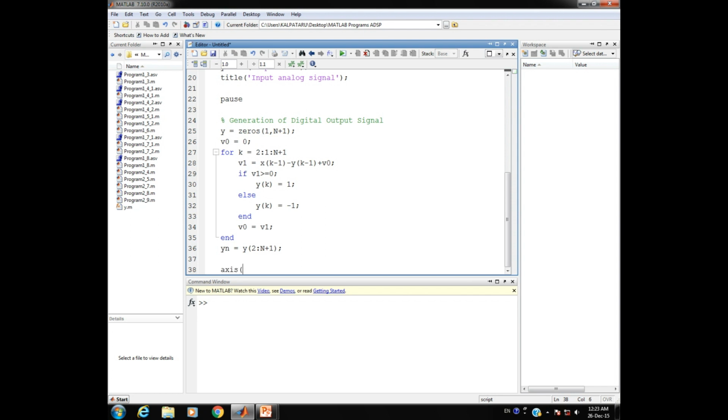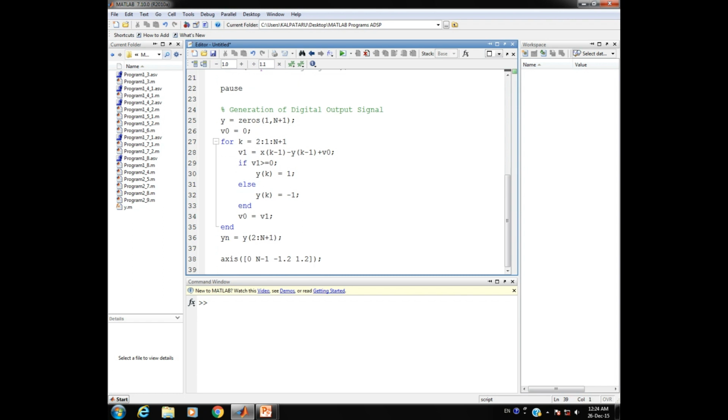For display purposes I require the axis, so within a pair of parentheses inside a pair of square brackets I write 0 space capital N minus 1 space minus 1.2 space 1.2, coming out of the bracket and having a semicolon to end.